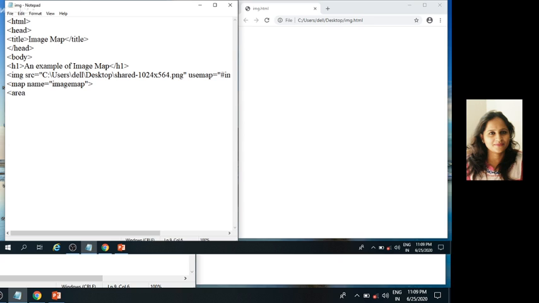Area href is equal to http://www.google.com, shape is equal to rect.